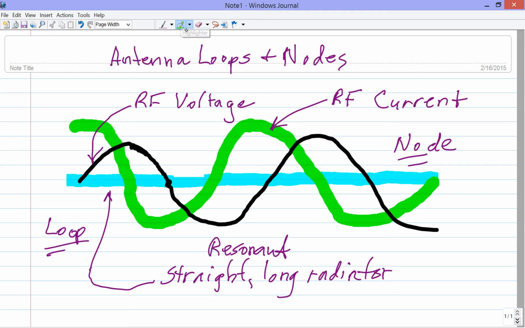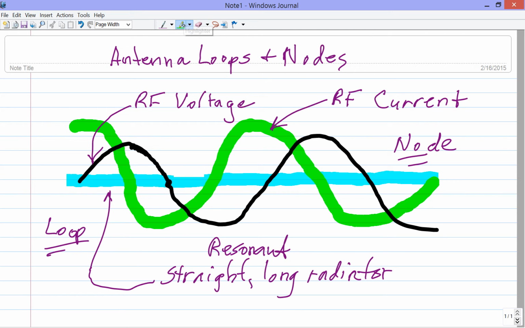We can have current nodes and voltage nodes. Wherever there is a current loop, there is a voltage node. And wherever there is a current node, there is a voltage loop. So that's how that works. Whenever there is a voltage loop, there is a current node. And whenever there is a voltage node, there is a current loop. This is getting to be quite a play on words, but what I'm trying to tell you is that all